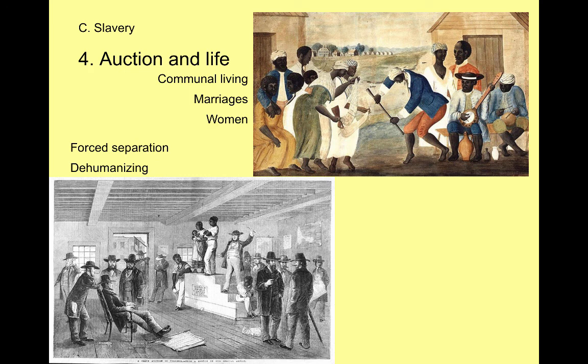It was not uncommon for white male plantation owners to rape their female slaves because they had complete control over them. They did this either for personal gratification, or because when a child results from this rape, even though that child's father is the plantation owner, they're still considered a slave. And so the father, the plantation owner, can sell his own child to another plantation and make a profit off of this. So we see that this is something additional that women had to worry about on plantations as well.